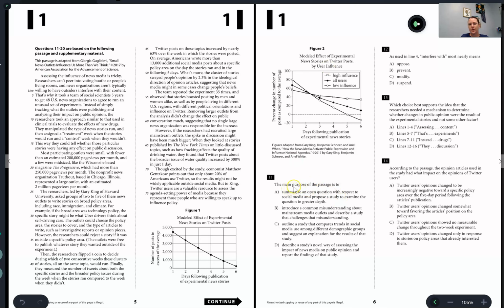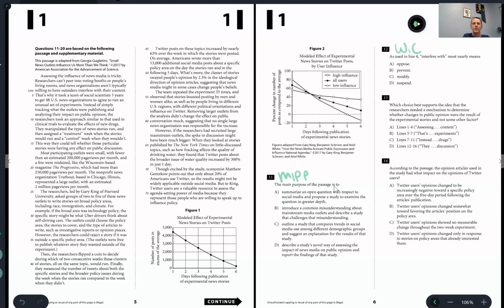Number 11. So even though it says purpose is 2, this is not a purpose function question. It references the entire passage. So that becomes a main idea, primary purpose. Remember, this is important because as we navigate answer choices, the main idea, primary purpose answers are often very vague, whereas the purpose function questions are answering how is the author establishing this, or how is this chunk acting within the piece as a whole. Main idea questions are going to be a little bit different than that. That is why it's so important to differentiate between those two, especially when you see something like the main purpose of a paragraph.